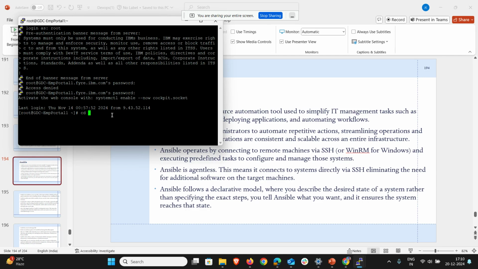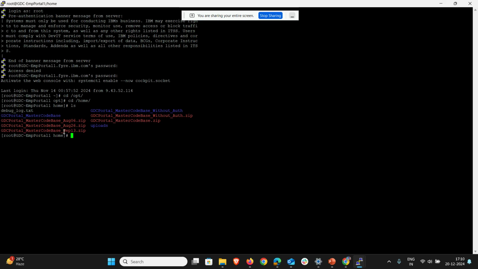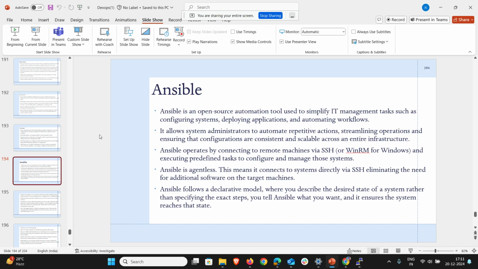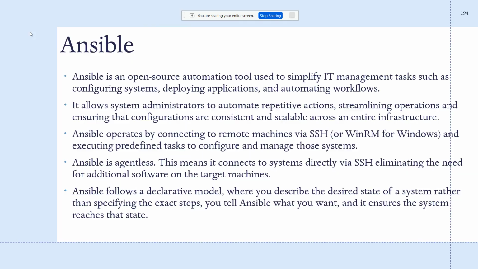See. Now this acts the same as my Windows only. I can go to any directory. I can see that there are some files here. So this is my virtual machine. I am connecting from my local system to that virtual machine using the SSH protocol, right? So that's what it is. One example. Now, in the same way, Ansible is actually connecting to remote machines using SSH